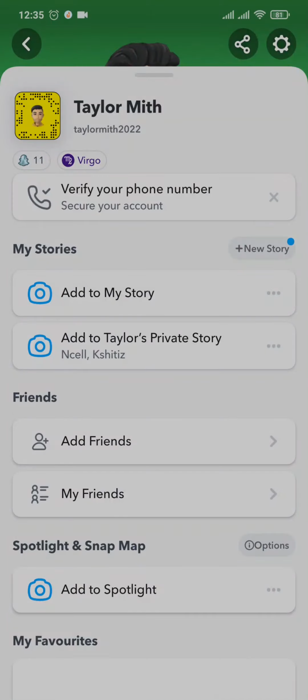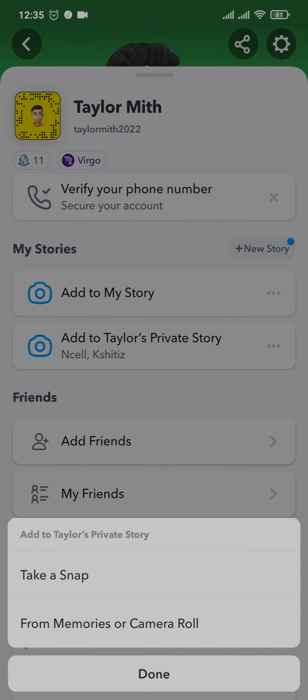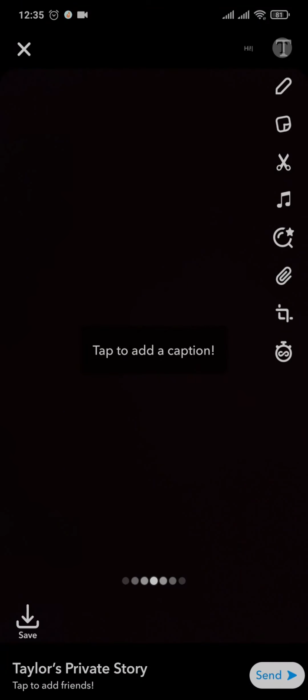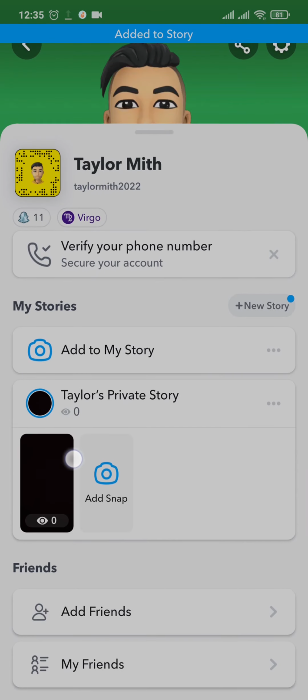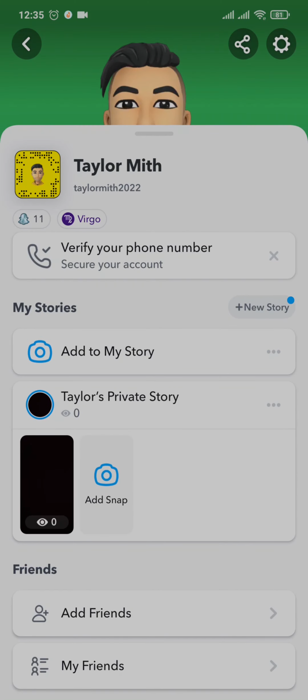All you need to do is tap on this option and take a snap or upload it from your camera roll or your memories. Take a snap or upload a snap and then tap on Send. And your private story will be uploaded and those people would be able to view it, to whom you added